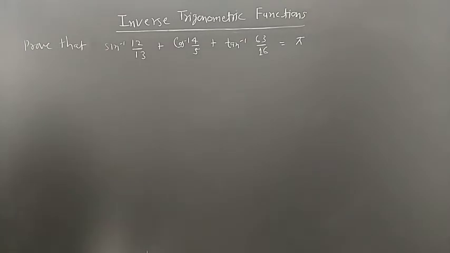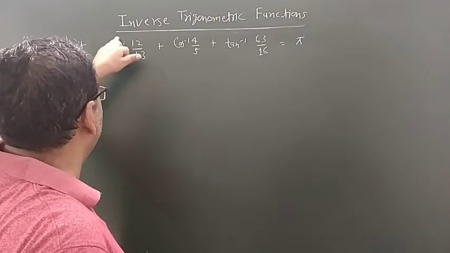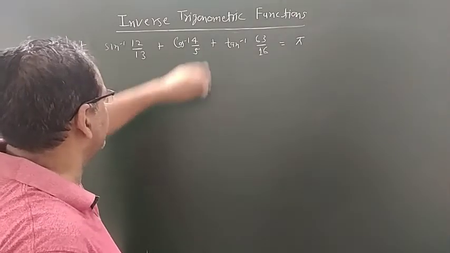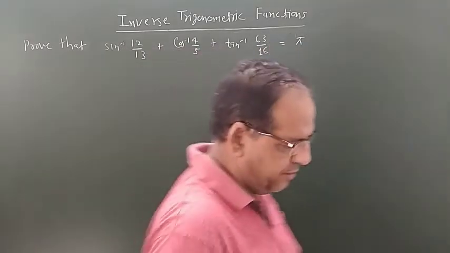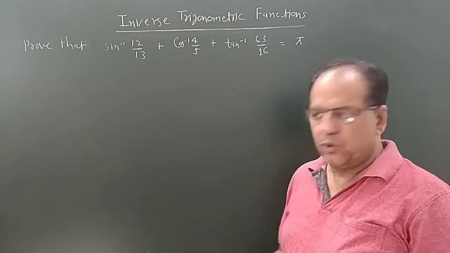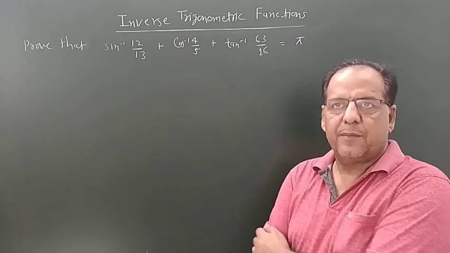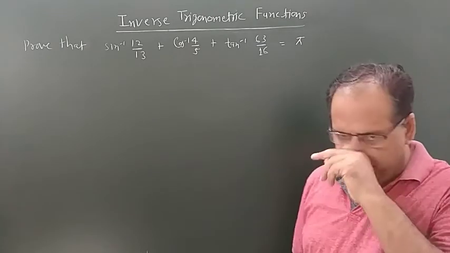Now I am taking one more problem from the NCERT book example. Prove that sin inverse 12 upon 13 plus cos inverse 4 upon 5 plus tan inverse 63 upon 16 equals pi. हम इस क्वेश्चन को दो तरह से सॉल्व करने की कोशिश करते हैं. आपको फिर जो ठीक लगता है आप उससे उसको प्रैक्टिस करिएगा. ओके,